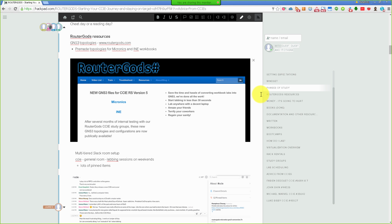The 2 main things are the topologies along with the study groups. Our GNS3 topology is very easily found at RouterGods.com. They're also pinned in the CCIE room. So if you go to